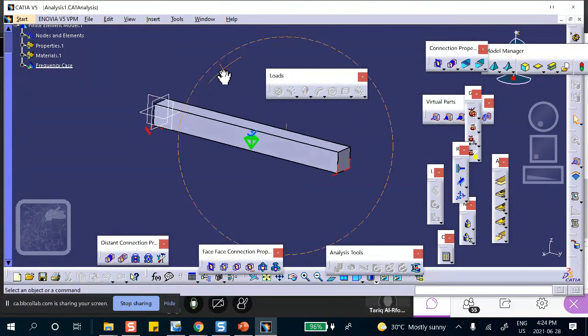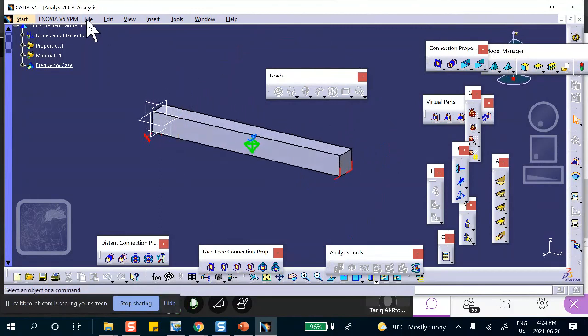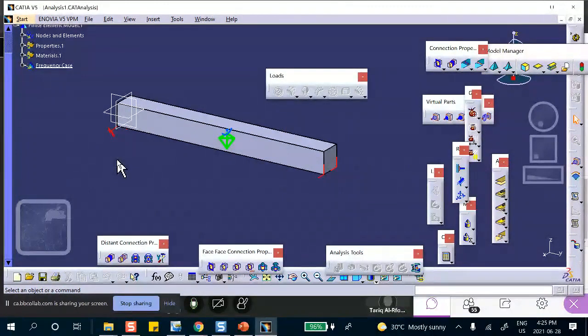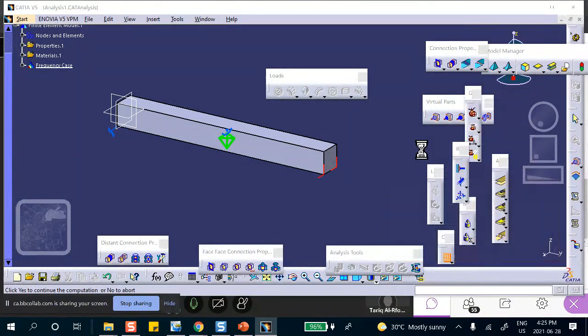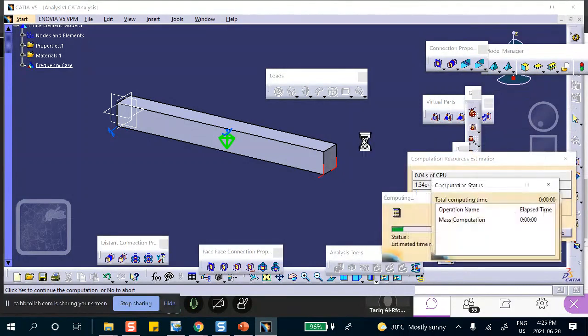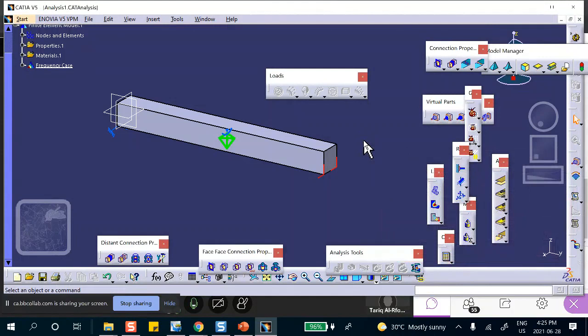If we had gone the first route, in other words, did a static case first, and then inserted a frequency case, you will notice that when you're in the static case, these are active. But as soon as you're done and you move to frequency case, this becomes dim. So it's not surprising that this is dim, because this is the free vibration. Free vibration means no force. Okay. Guess what? This is it. Run it. Done.